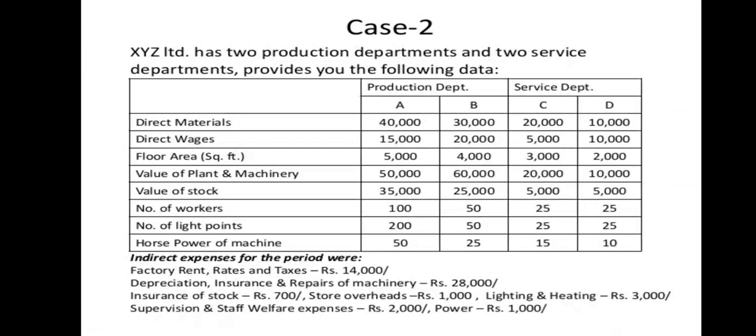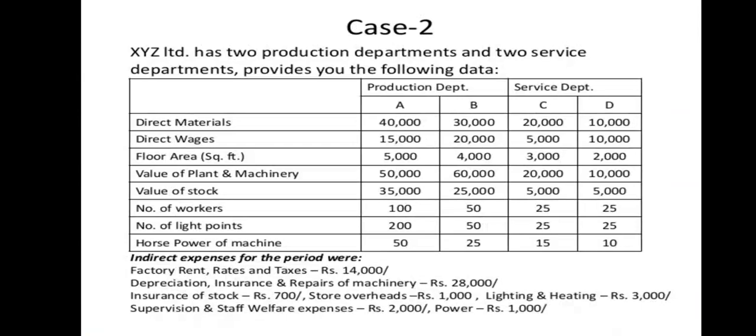XYZ Limited has 2 production departments and 2 service departments. Provides you the following data. So we have 2 production departments as well as 2 service departments. Production departments are namely A and B, service departments are namely C and D. So direct materials of A, B, C, D are 40,000, 30,000, 20,000 and 10,000. And direct wages 15,000,